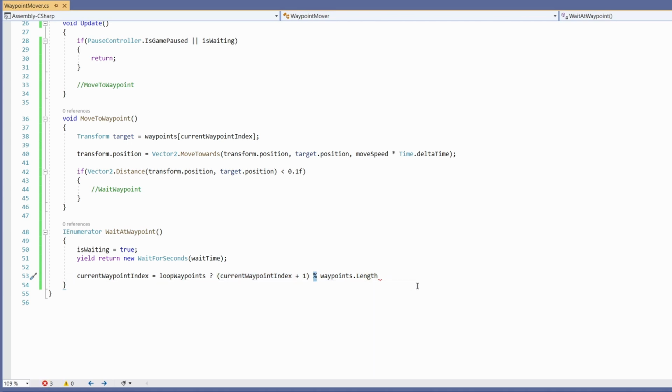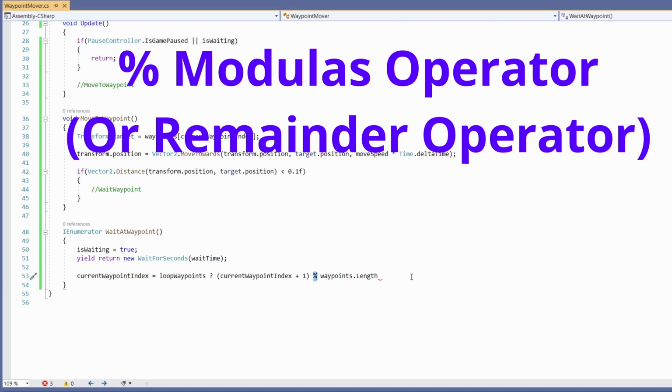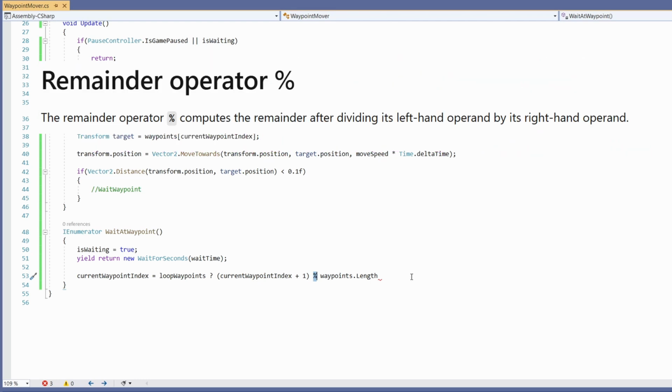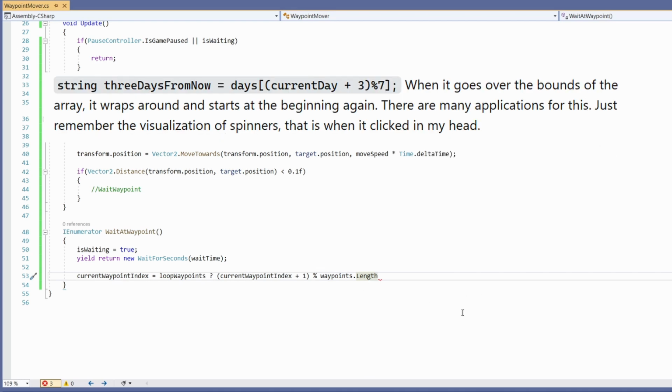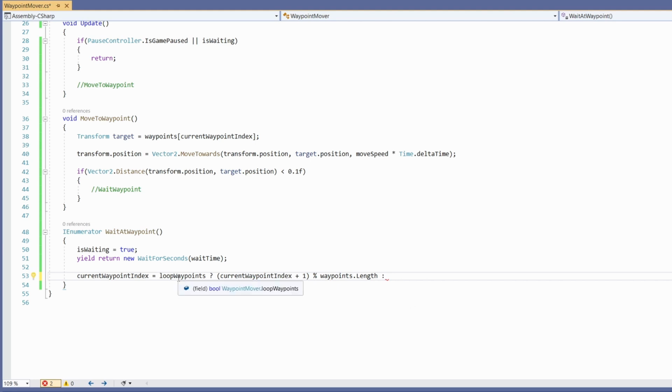The percentage sign here applies the modulus operator. The purpose of the modulus operator is to ensure that once the current waypoint index reaches the last waypoint, so the waypoints length - 1, it will wrap around to the first waypoint, so the index being 0. Basically, it loops this round for us, and then we'll go colon to say else, if we're not looping our